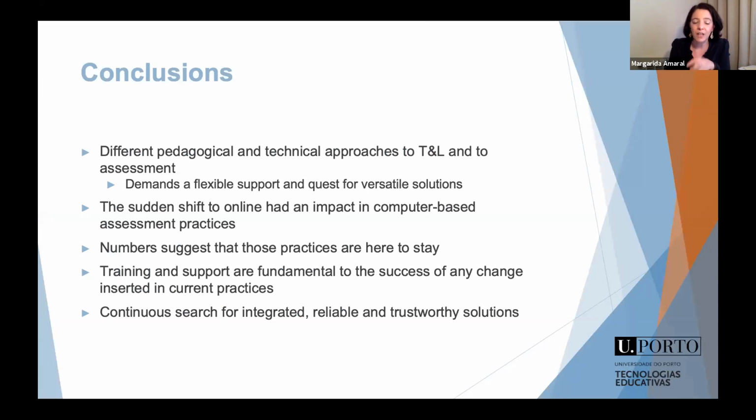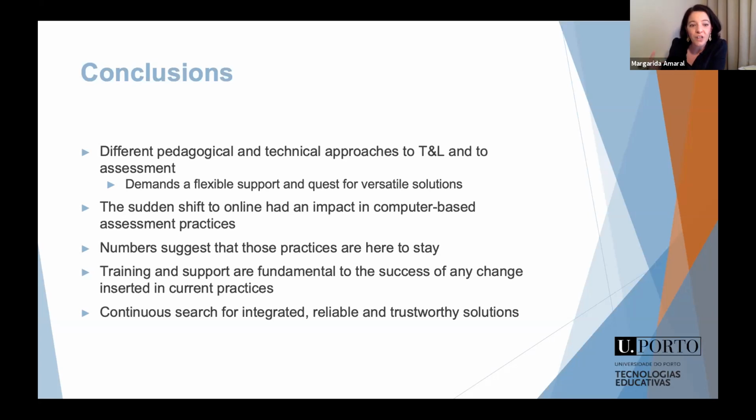Different pedagogical and technical approaches to teaching and learning and to assessment. We are a very diverse university with different approaches, demands, flexible support and always a quest for versatile solutions. There was this sudden shift to online that had an impact on the computer-based assessment practices. The numbers suggest to us that these practices are here to stay, and we